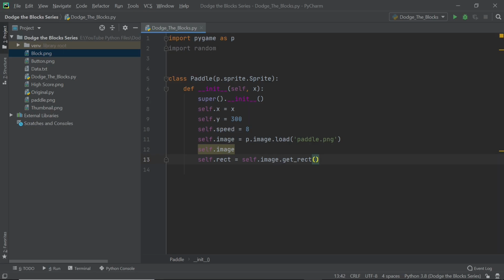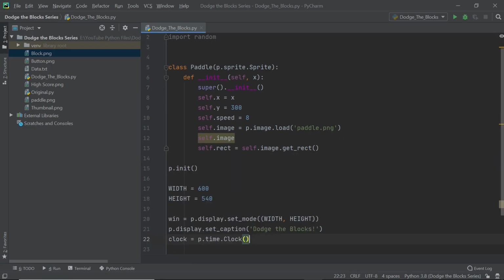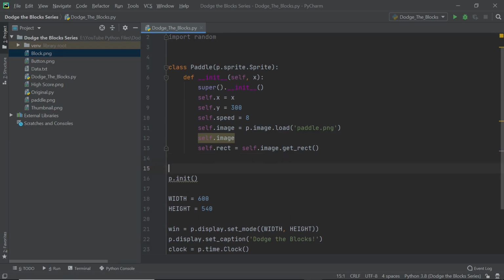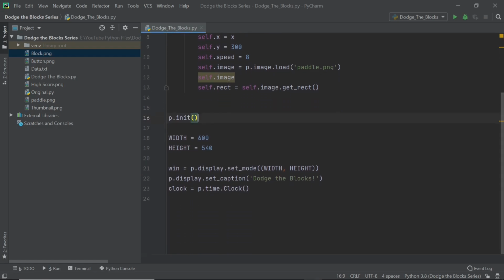So now I'm going to copy and paste a few lines of code, and I really don't want to type this because they're pretty simple to explain. Here all I'm doing is first initializing the Pygame methods, and this command is going to help us do that. And here I'm just declaring the screen width and the screen height. I've used these as constants because they aren't going to change throughout the game, and that's why I've used all capital letters.